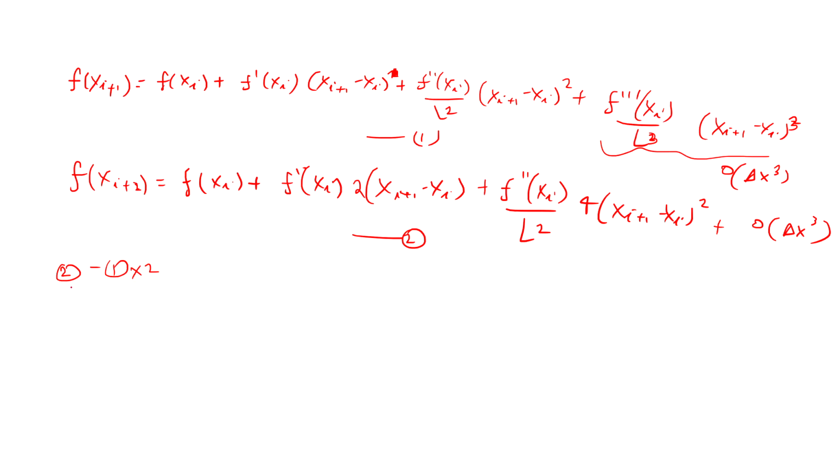So I am multiplying the first equation with 2 and subtracting it from the second equation, and that will eventually lead to, what will this become, f of xi plus 2, f of xi plus 1, and then this will be,